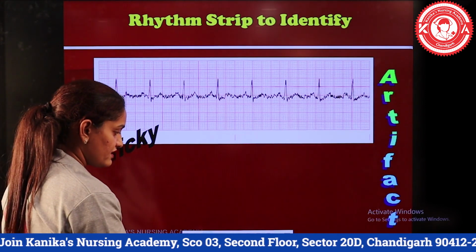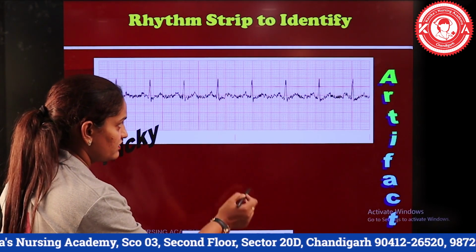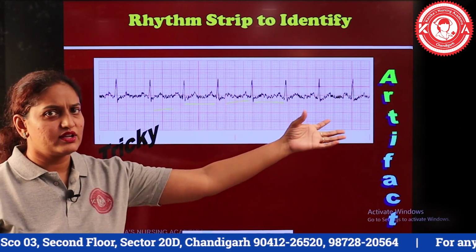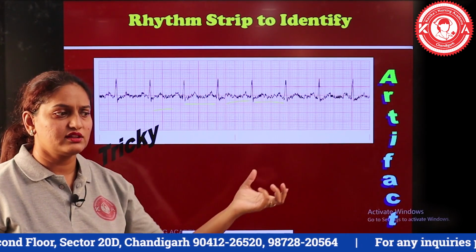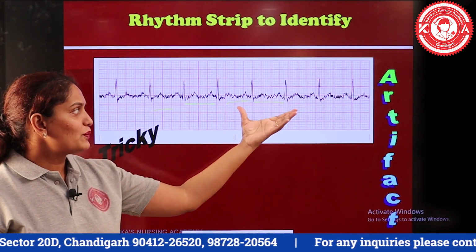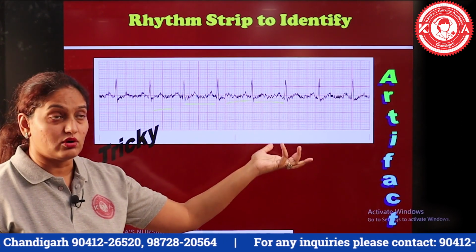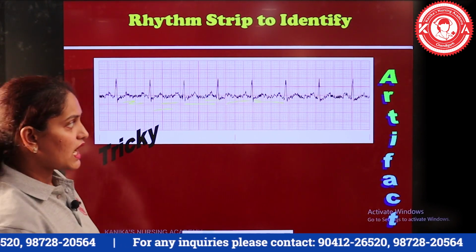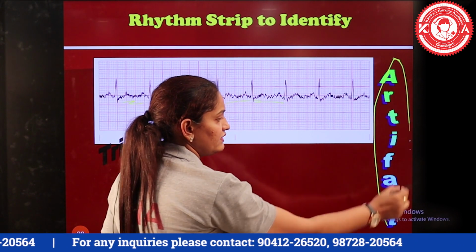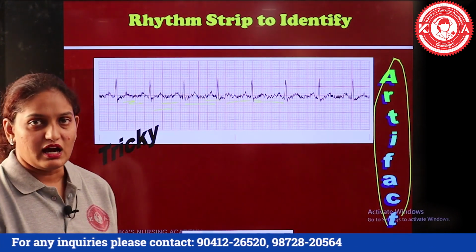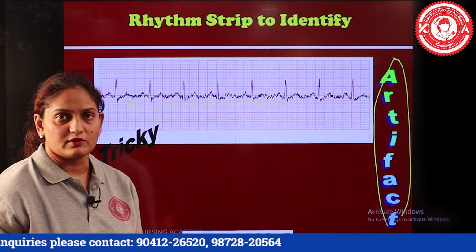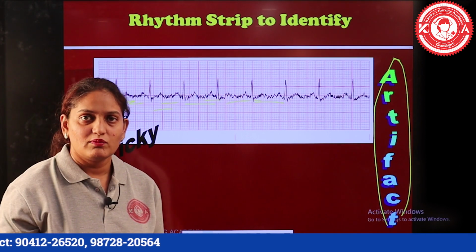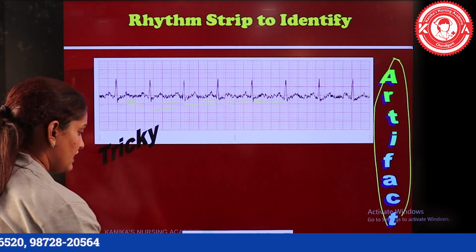Most of the time when I ask this question to students, they say it is abnormal, some fibrillation or flutter. But generally, whenever we are recording the ECG, there is nothing wrong: all the QRS complexes look normal, but there are some shaky waves in between the QRS complexes. So the answer is mentioned at the side: this is an example of an artifact. Artifact is nothing but a man-made ECG, and for a man-made ECG there have to be certain reasons because of which this kind of ECG is obtained, and the reasons include